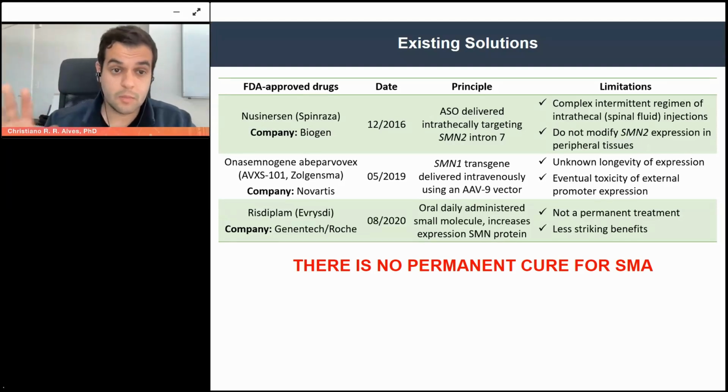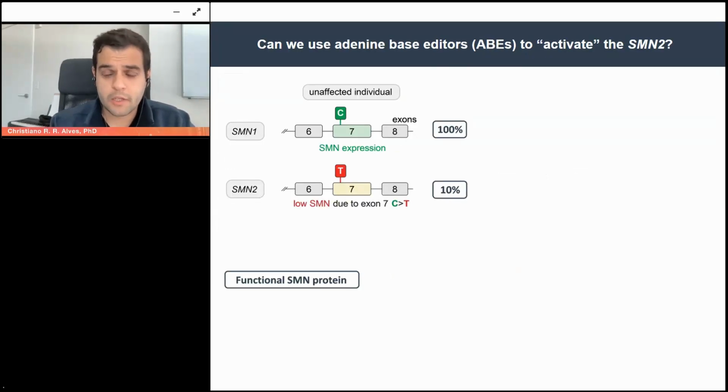So these therapies, just to be very clear, transform the way that we see the disease. Before these therapies, as I said before, we were expecting type 1 patients to die at 2 years old or so, but now they live longer. So this is definitely transforming, but we have to keep developing better ways to treat and potentially provide a permanent treatment. And then here's where we go back to the genetic basis. So just putting some numbers on that slide now. If you have a healthy person receiving 100% of the protein coming from the SMN1 gene and about 10% from the SMN2 gene, you have a lot of functional SMN protein there.